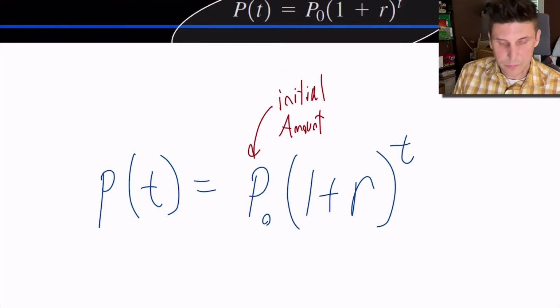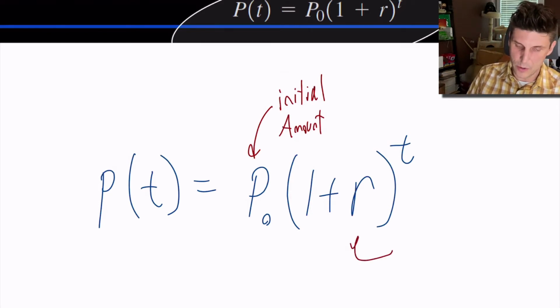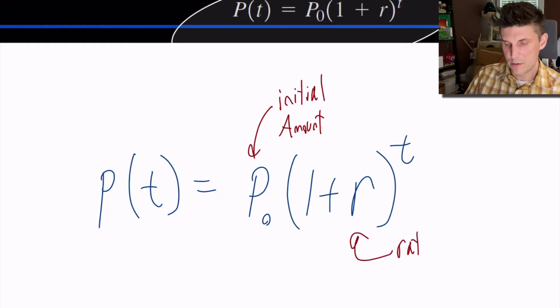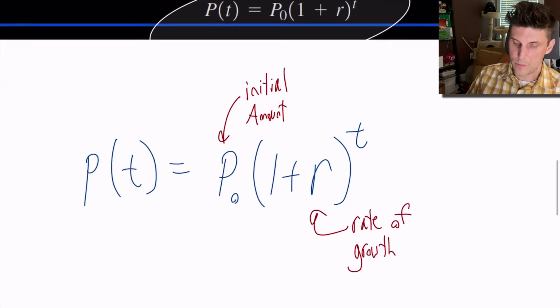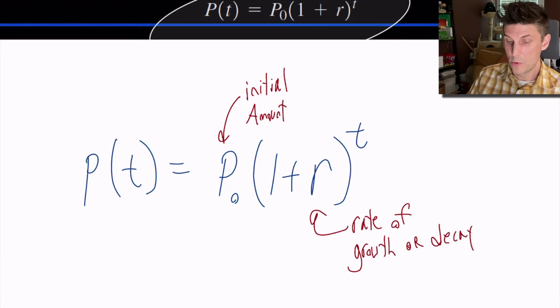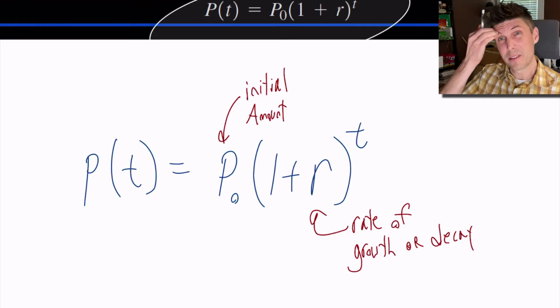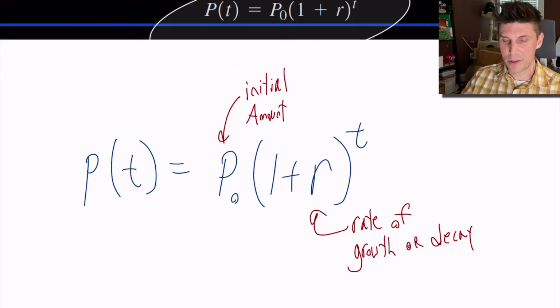So that's the initial amount. This is our rate of growth or decay. So if r is a positive number, then you're going to get growth because you're going to add 1, like for example, a 6% growth. But if it was shrinking by 6%, then you would say minus 6%,